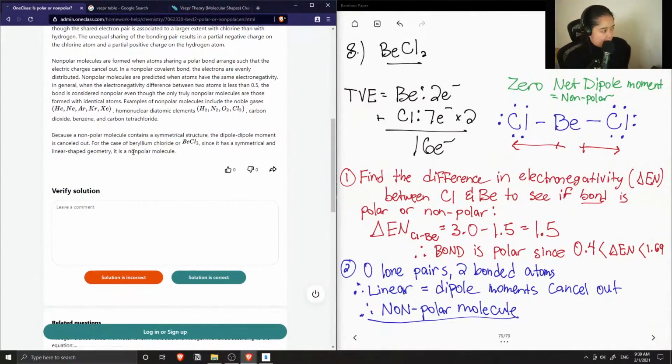And they said that this is a nonpolar molecule since it is symmetrical. The dipole moments are cancelled out, and it has a linear shape. Okay, so this solution is